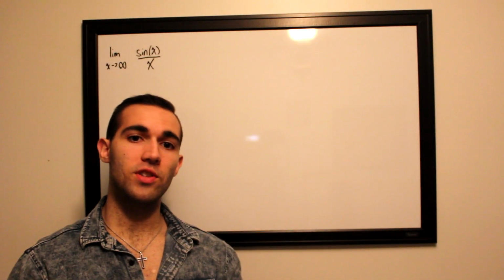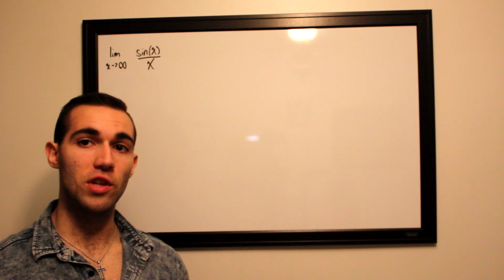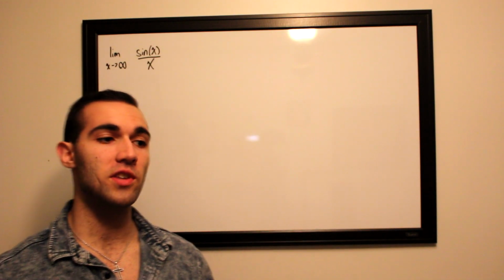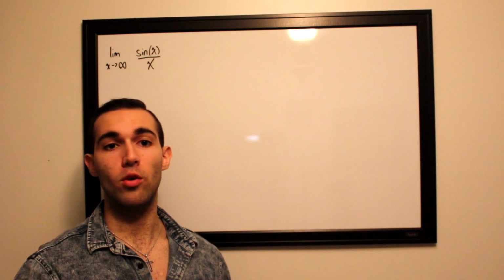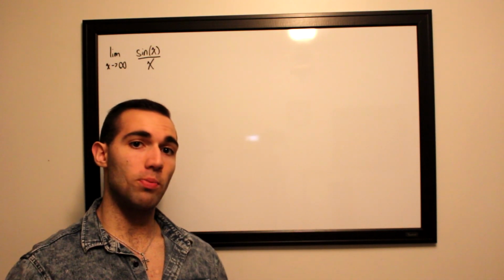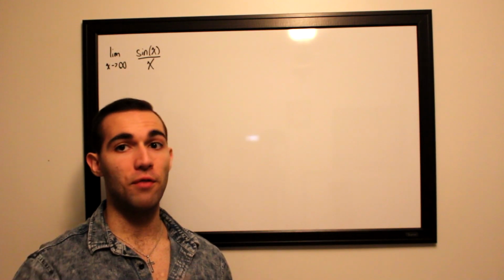So I was asked a really interesting question the other day, and that is, how is it that you evaluate the limit as x approaches infinity for sine of x over x? And this is not one of those conventional limits where we can use L'Hopital's rule in order to evaluate it, because L'Hopital's rule implies that we would have an indeterminate form of the form infinity over infinity